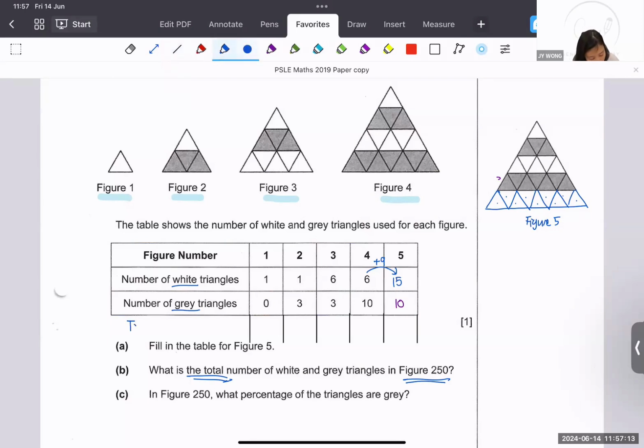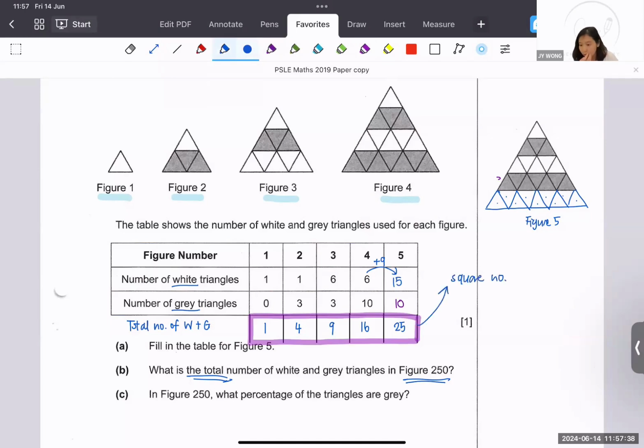So I'm not going to do that, but I'm going to do something called total number of white plus gray. So white plus gray, figure 1 is 1. Figure 2 is 4. 6 plus 3 is 9. 6 plus 10 is 16. So you will realize that, oh, this number looks very familiar. This is actually your